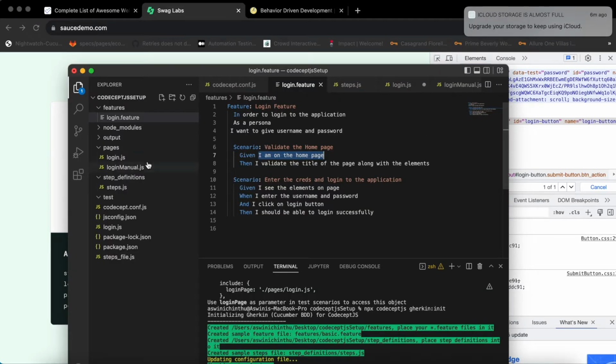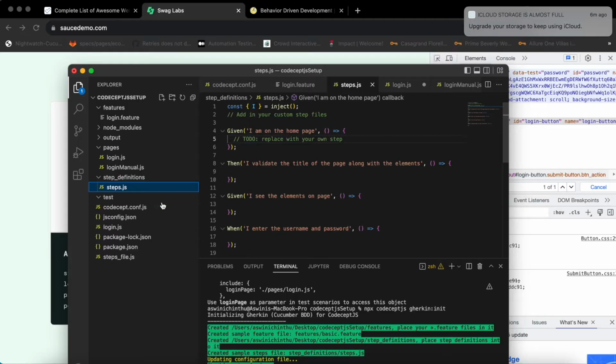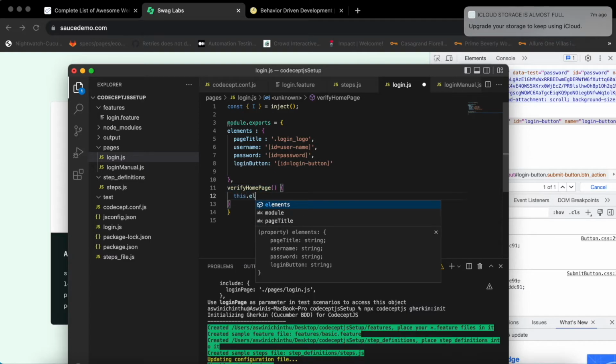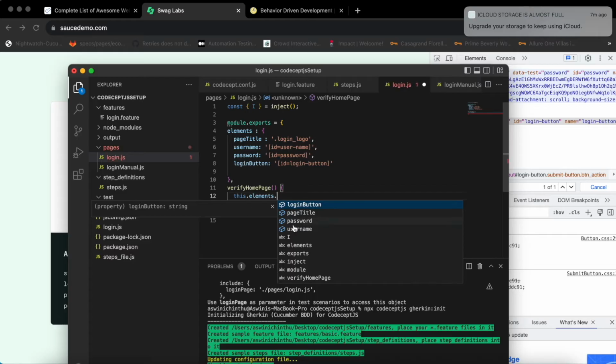So I'm going here, and where is this page? Maybe I will give it as verify home page. So what I do here is this dot elements dot, so I have given this page title, so selecting that page title dot,